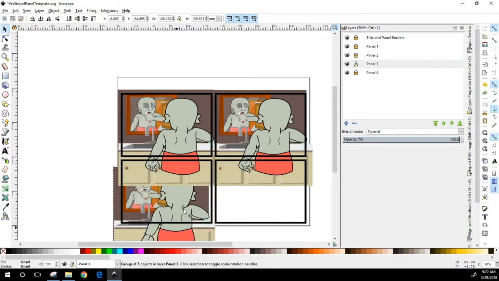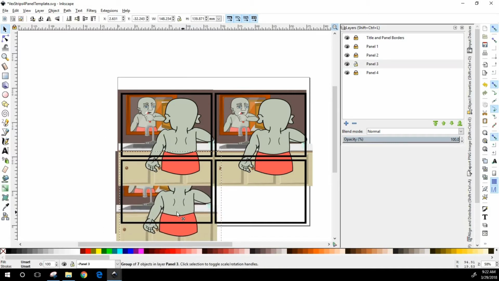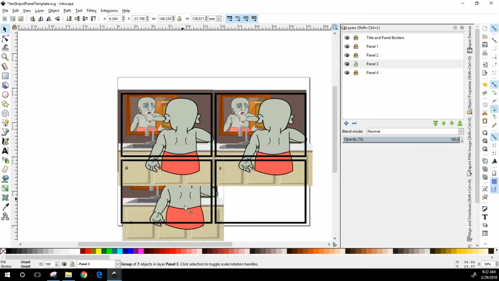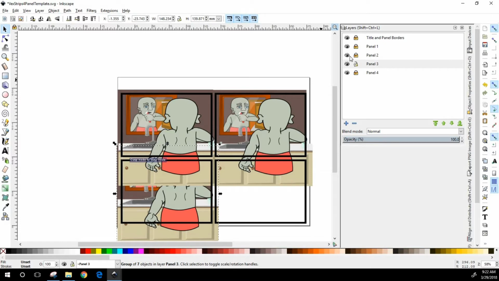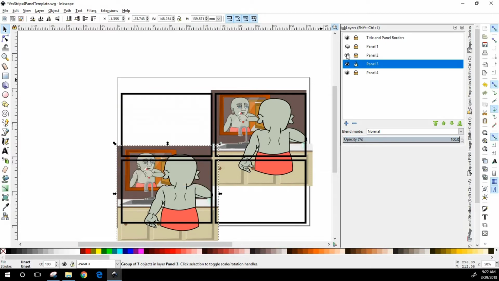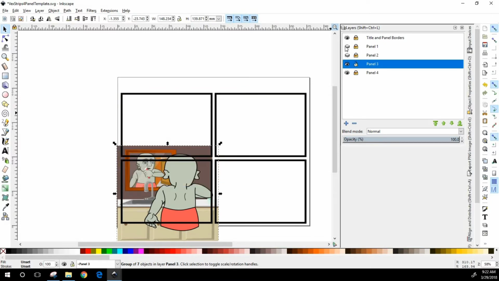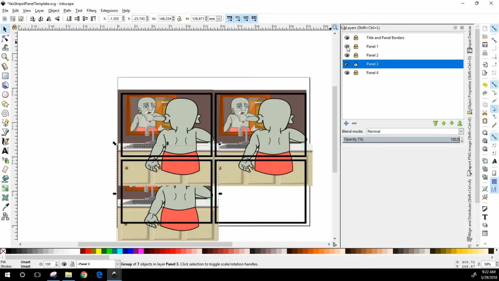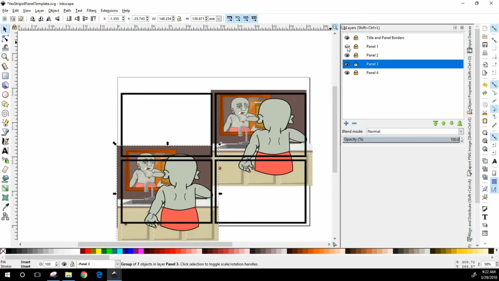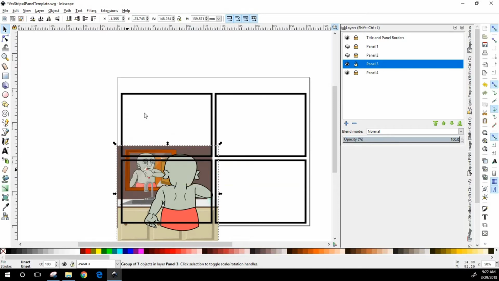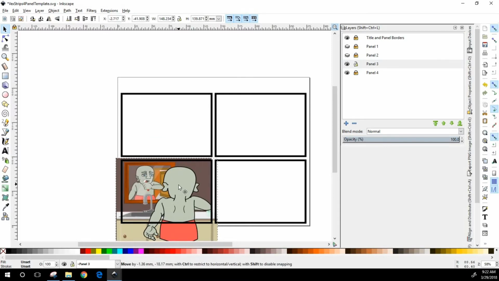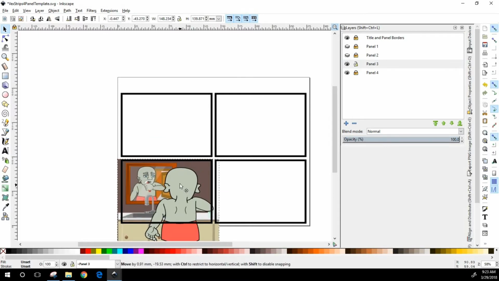Oh, but okay, now we can't see what we're doing. So we're in panel 3 and we can't see how to position things necessarily. So that's where these little eyeballs come into play. You can turn off the view of any layer by just simply closing the eye. So click the little eye icon and it will blank out the view of that until you want to look at it again. So we'll get Rex and we're probably something along those lines,